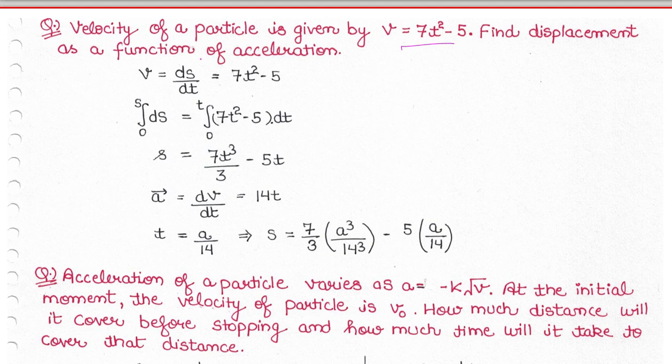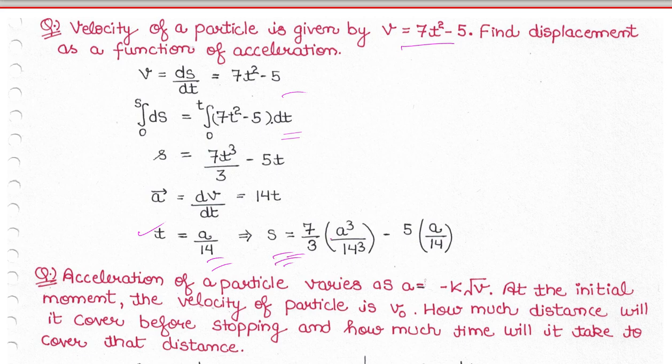Now the velocity of a particle is given by v is equal to 7t squared minus 5. Find the displacement as a function of acceleration. So we can now understand v is equal to ds/dt is equal to 7t squared minus 5, or integral 0 to s of ds is equal to integral 0 to t of (7t squared minus 5) into dt. From here we can easily find t is equal to this, t is equal to a by 14,